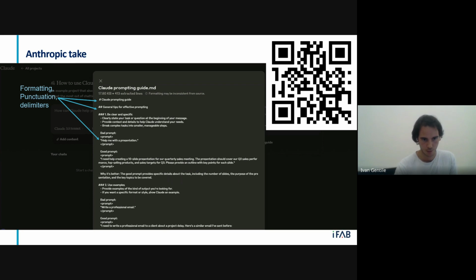So to start, this is actually a file that Claude uses in order to improve our prompting, right? We see already how the file is formatted, and we can gain insights into how we want to format our prompts themselves. To start, we see quite an extensive use of punctuation and delimiters. We see the use of hashtags, quotes, and also words such as prompt that help the model understand which part of text is which.